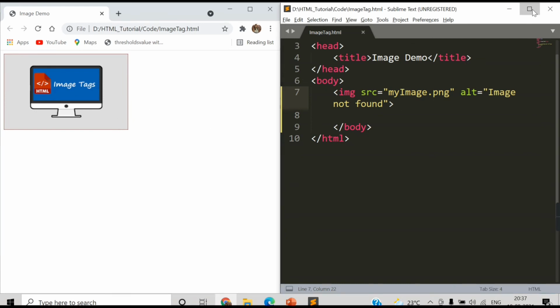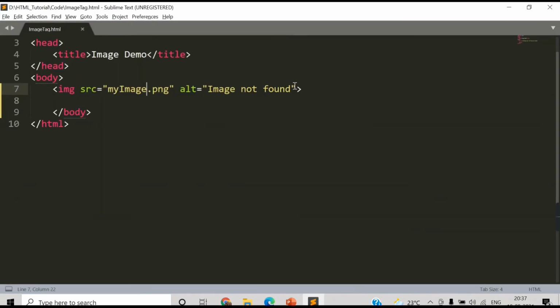Another attributes that we can use with image tag are height and width. If I say I want to use height for this like 400 and width let's say 600, save this.